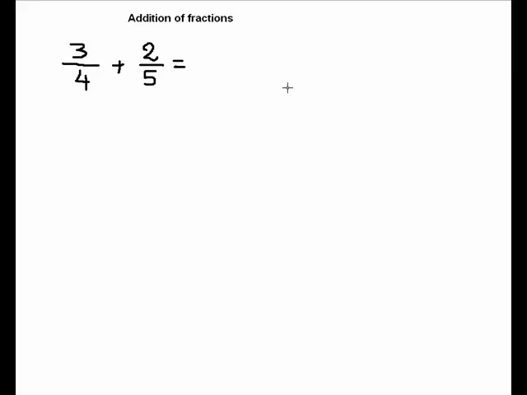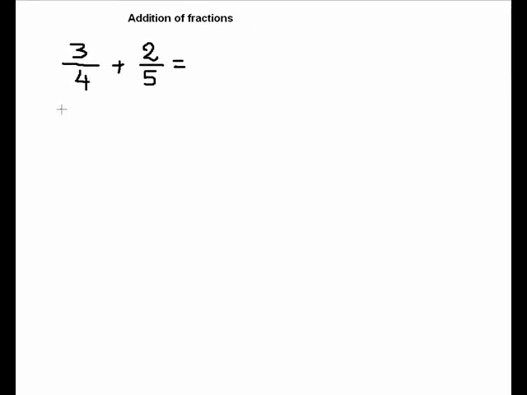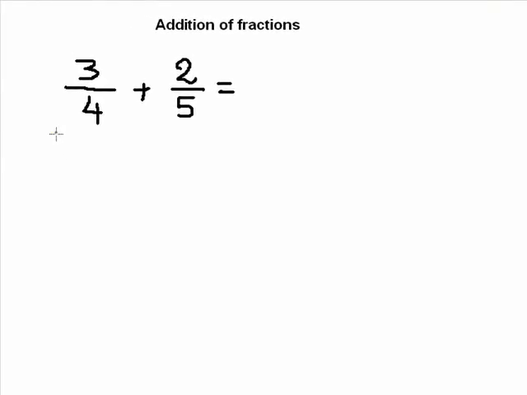Now, how do we add fractions that have different denominators? In order to add fractions with different denominators, the first thing we need to do is find the least common denominator. We find the least common denominator and then we change each of the fractions we had into new fractions that are equivalent to the initial ones, but have the least common denominator as their denominator. So, the least common denominator of the two denominators that we have here